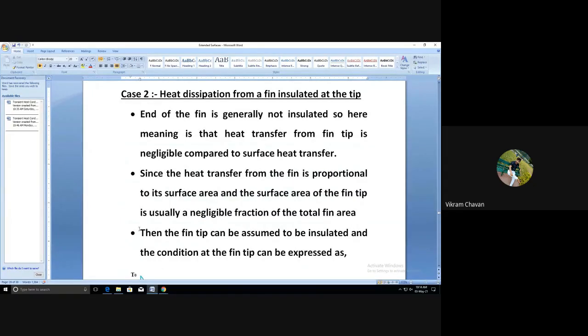then the fin tip can be assumed to be insulated, and the condition at the fin tip can be expressed as,